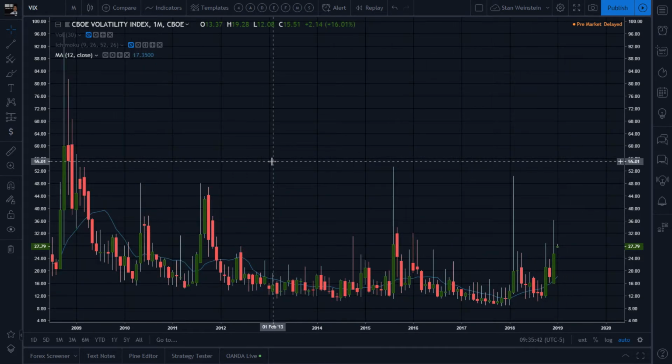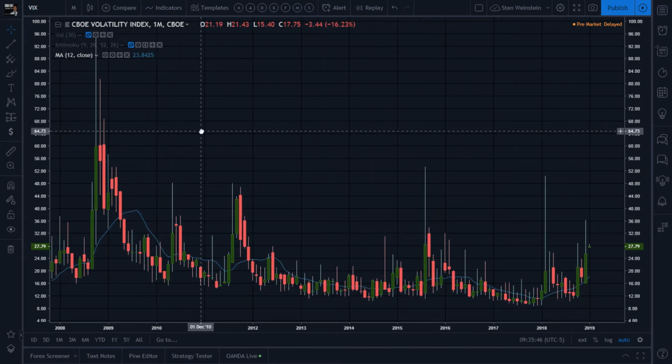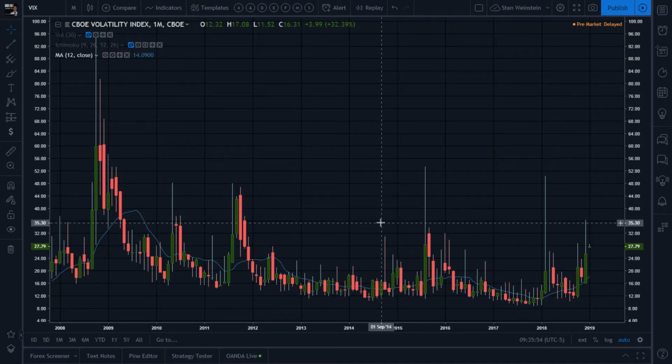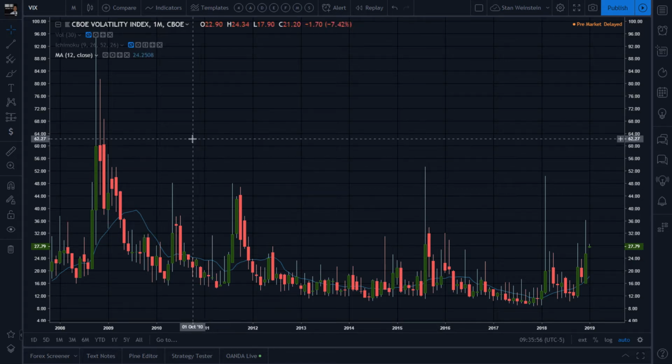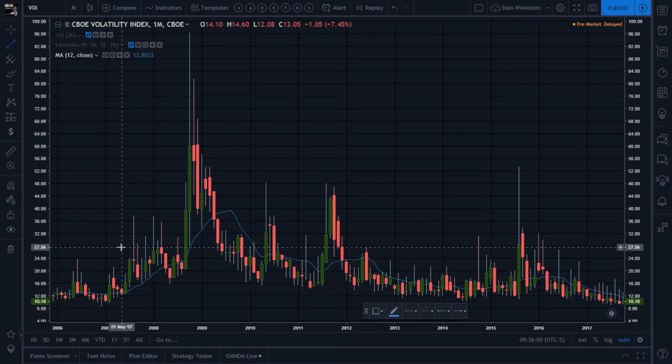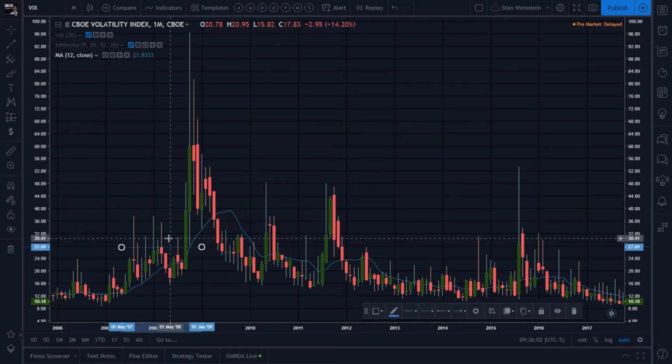So let's try to reduce the noise. A lot of noise on the volatility index. A lot of wicks. Wicks is noise from intra or smaller time frames, and these spikes. Look at that, 2008. Right here. Look at that. So if I reduce the noise, just focus on the opens and closes of those candles to define breakout levels,